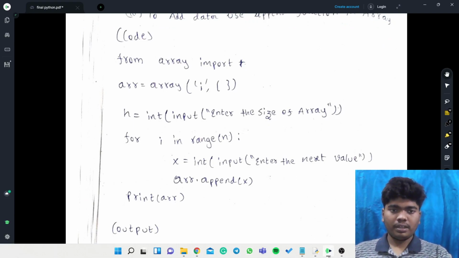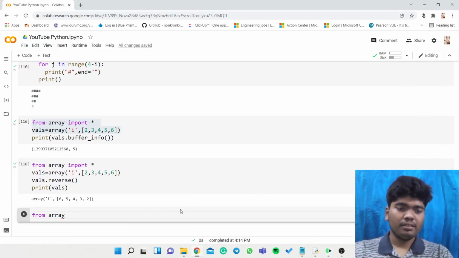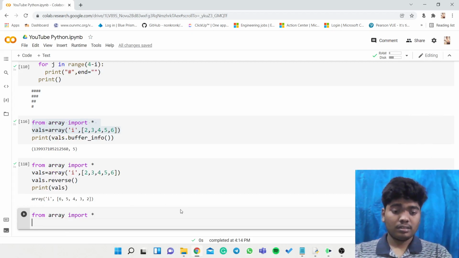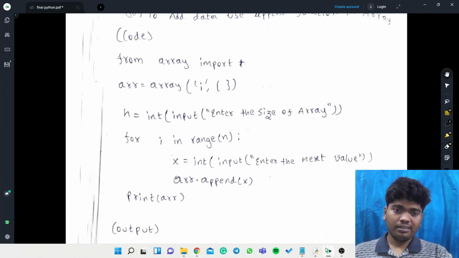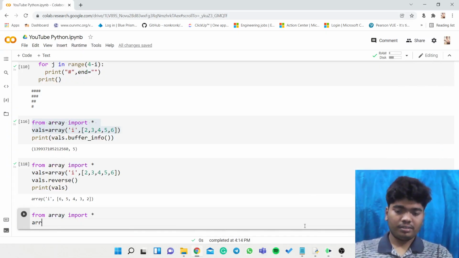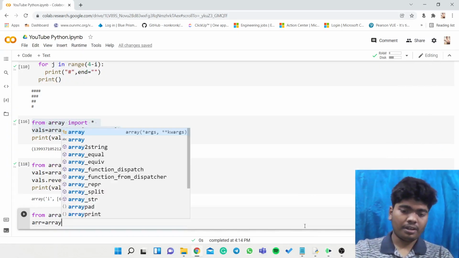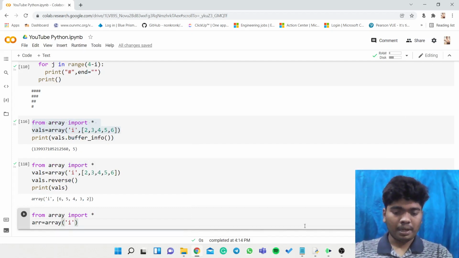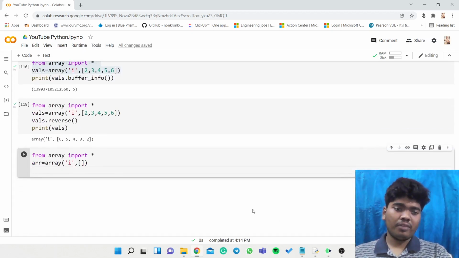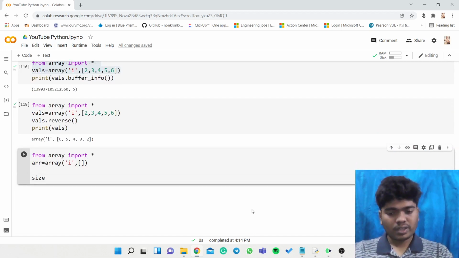We will just first declare that empty array. From array import star, arr is equal to array of type I comma values. So first we need to know the size. So size is equal to int of input of enter the size of array.